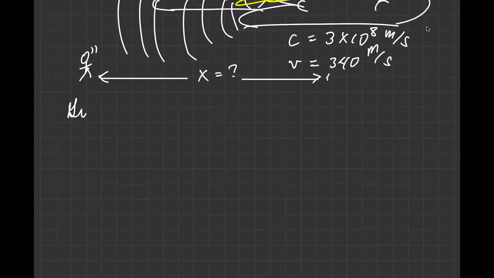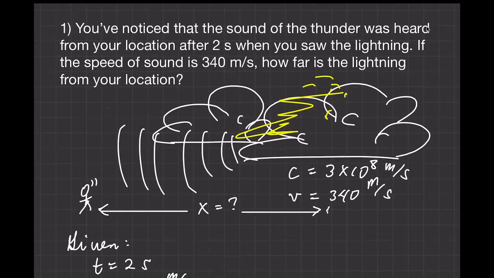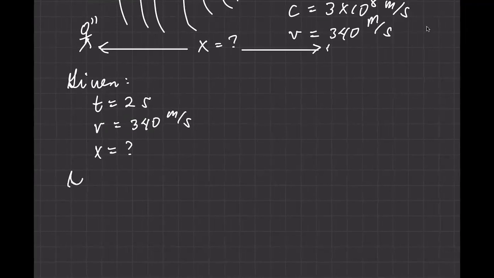So what are the given? The time is 2 seconds. The speed of sound is 340 meters per second. What else do we have? So what is the x? What is this? Okay, so